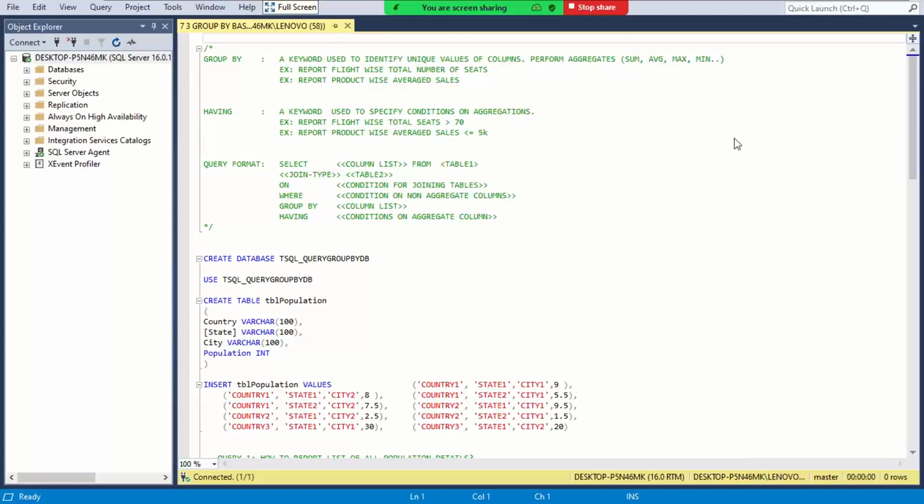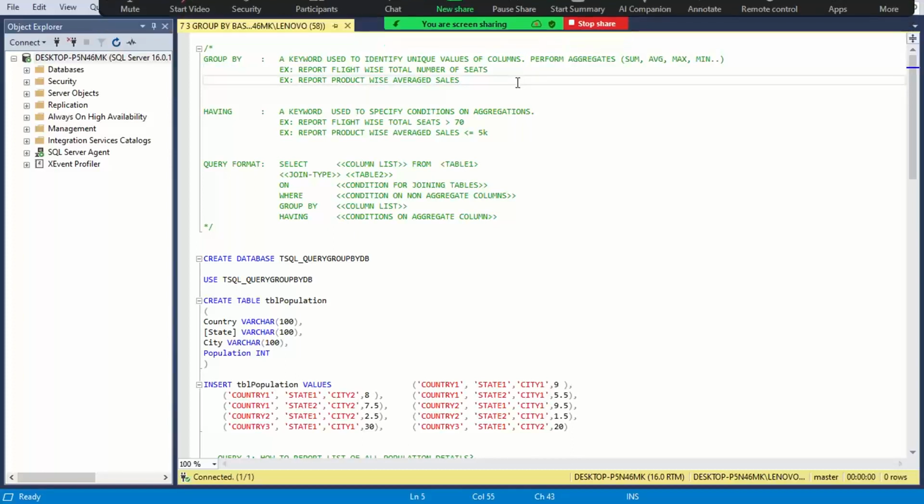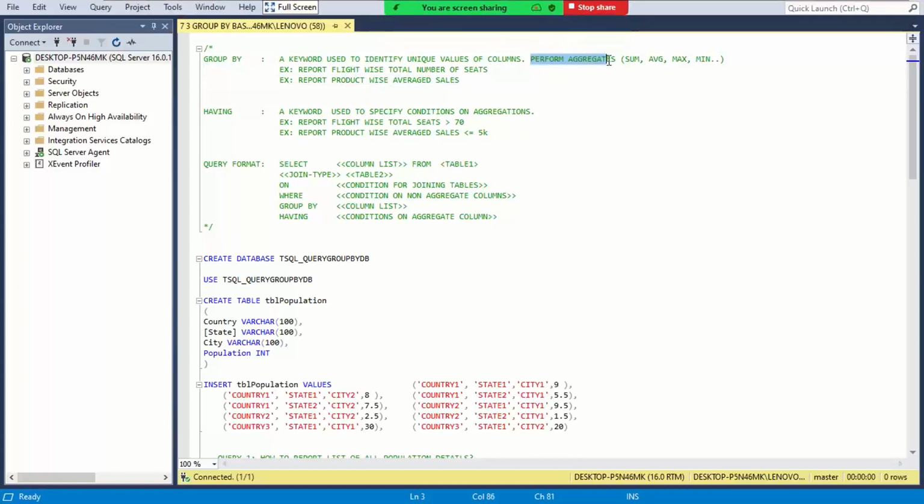Let's understand something called group by. Completely a new concept for us. Observe here. Group by is a keyword to identify unique values of columns and perform aggregation: sum, average, minimum, maximum. For example, report flight-wise total number of seats,